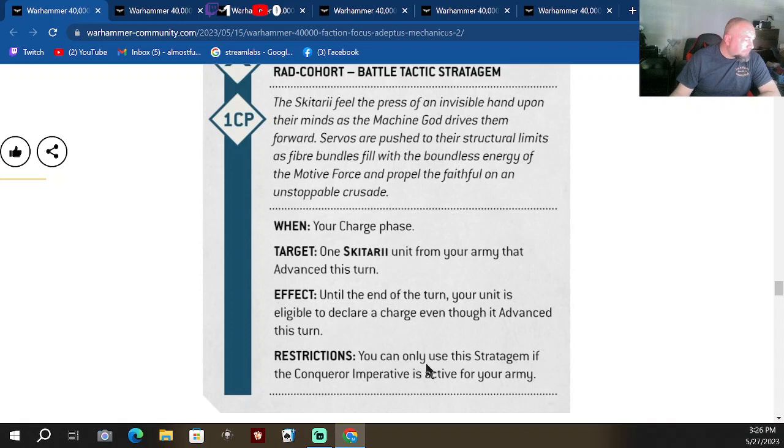Alright. And the stratagem if the Conqueror Imperative is active for your army. So this stratagem is tied to the Conqueror Imperative, but it gives you, so you can advance and shoot. So now you can advance, shoot, and charge if you pop this on a unit. Alright, that's solid. Or you pop it on the